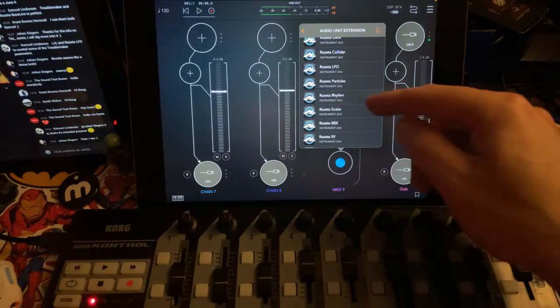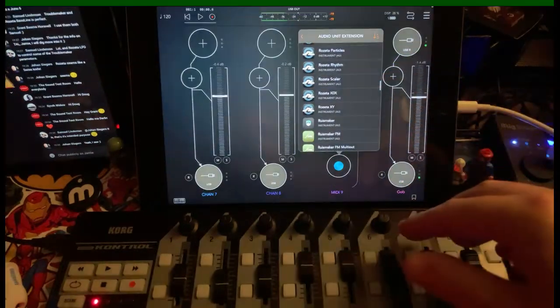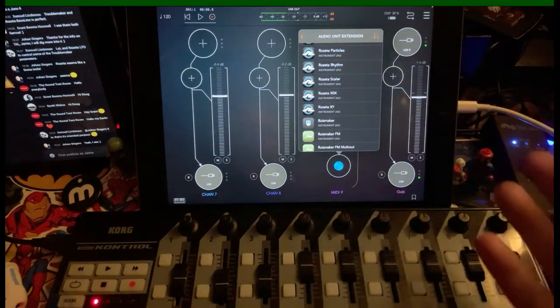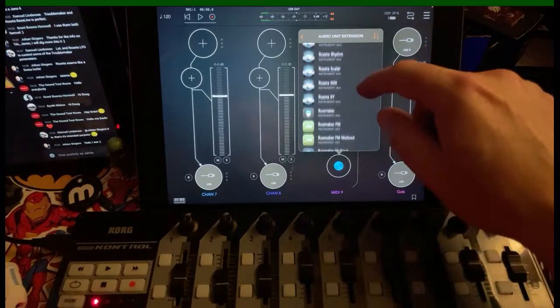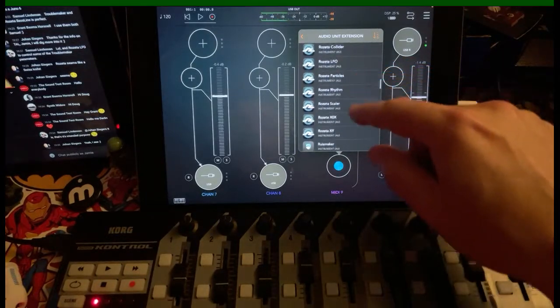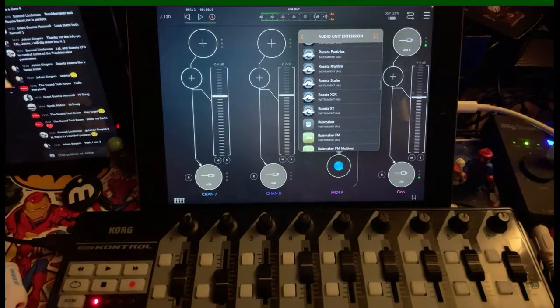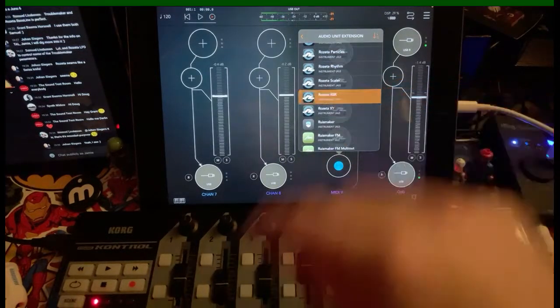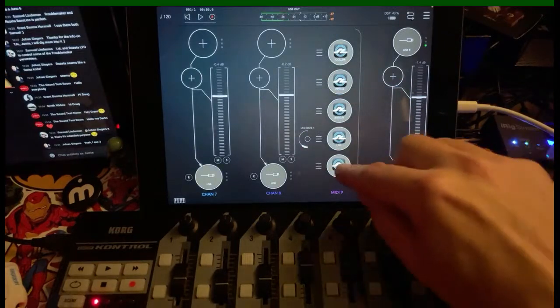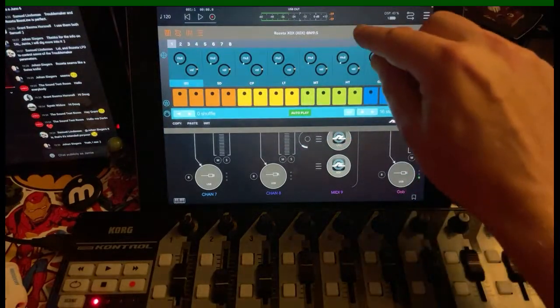You've got your LFO, which I just used, and there's a scaler in there. I don't think I've ever opened that one. And there's a couple of different apps really suitable for generating drum stuff, like this one I'm going to use. There's also one that's a Euclidean type note generator. So